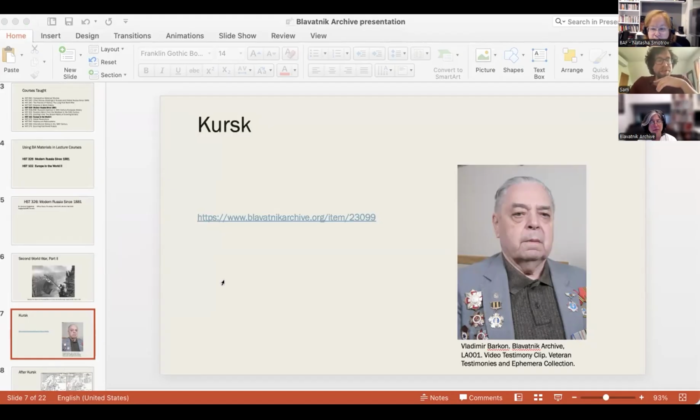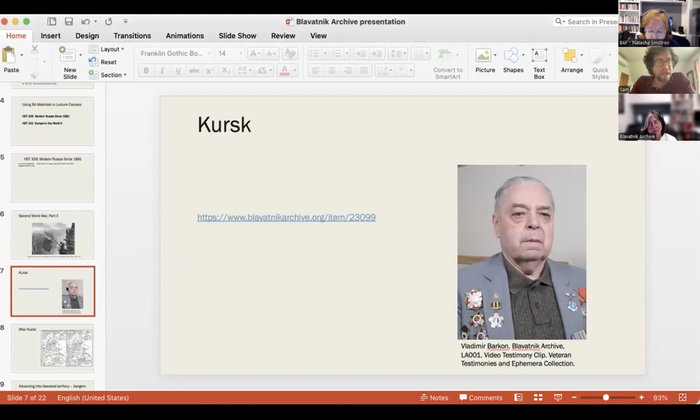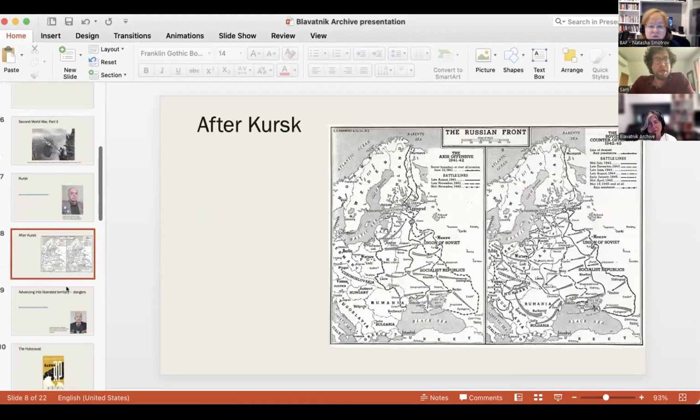So I use these sources, the veterans' testimonies, to talk about the Second World War, the invasion of the Soviet Union, the Holocaust, the Soviet advance after 1943, and the Soviet liberation of Nazi-occupied territory and of Eastern Europe, all of which are interrelated and which all are served by the materials that are held in the collection of interviews and veterans' testimonies. So after this sort of clip, for example, then I begin to talk about the other aspects